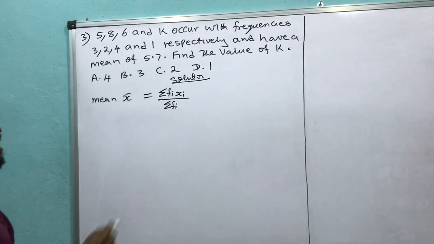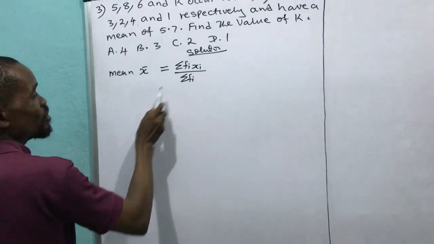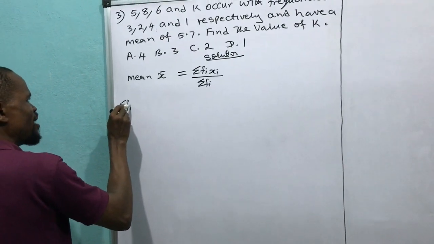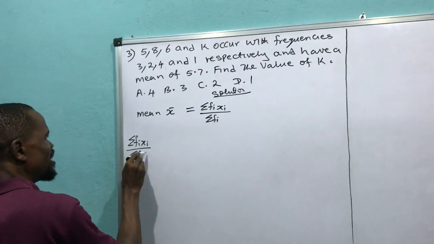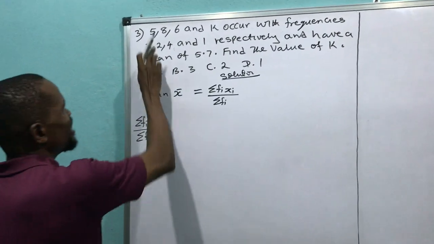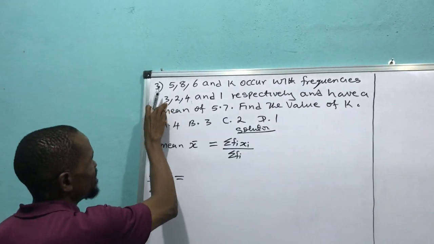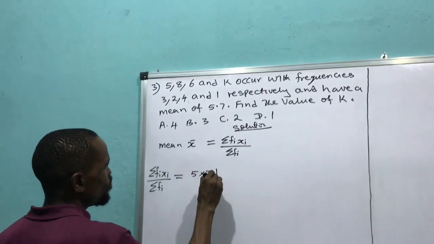Therefore, I can now say that the sum of Fi Xi all over the sum of Fi is equal to, looking at this, look at the X. Where is the frequency? 3. That means 5 times 3 plus